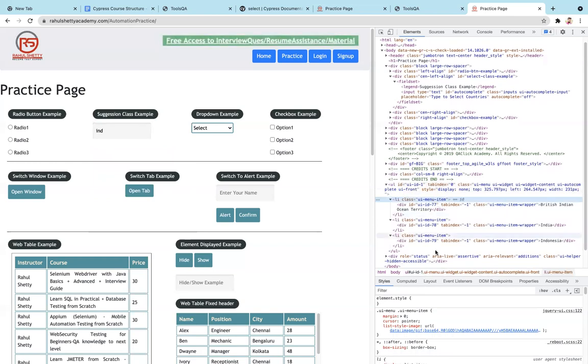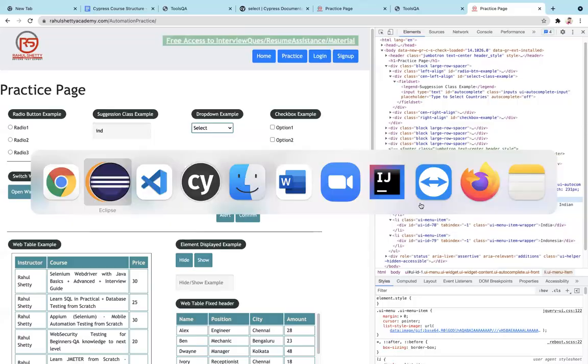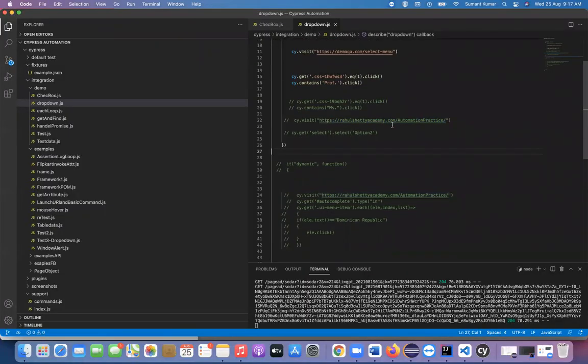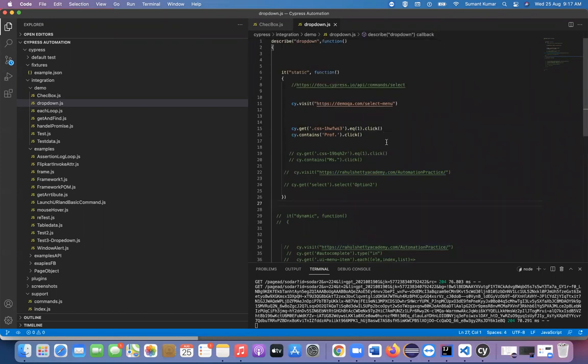And as you can see, we have three elements with the same class, right? So at that time we can iterate our locator one by one, and verify that when the text is Indonesia or the text is India, it will go and select that one. Got the concept? So if I'm going to write it here, how will it work? Nothing simple, you have to use this for loop. So for that, I will comment this.